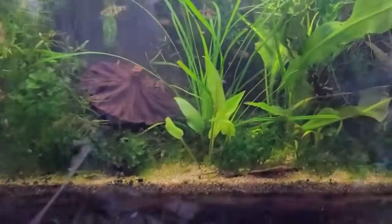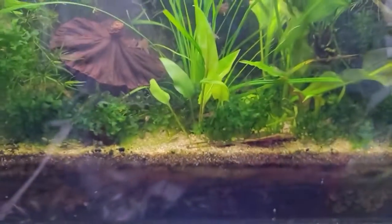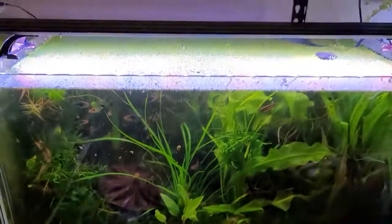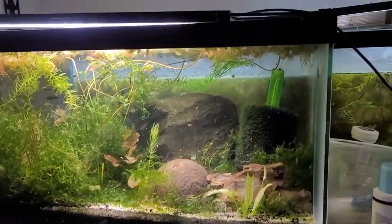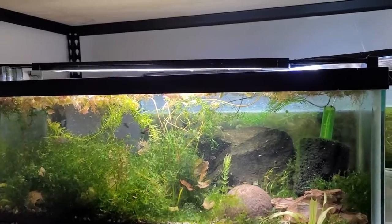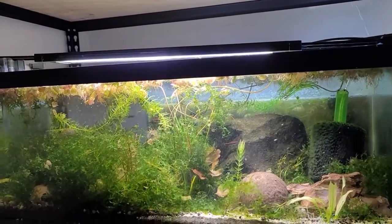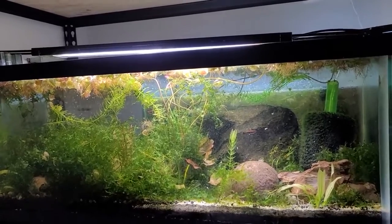The substrate can be a little expensive, especially if you want to grow plants in it. You can see I've got a lasagna layering of substrate in this tank. But with all those things considered, your filtration, your lights, your substrate, then you can start spending money on fish. But in all, you're going to spend quite a bit of money,